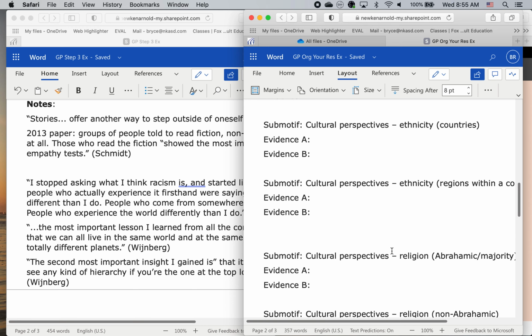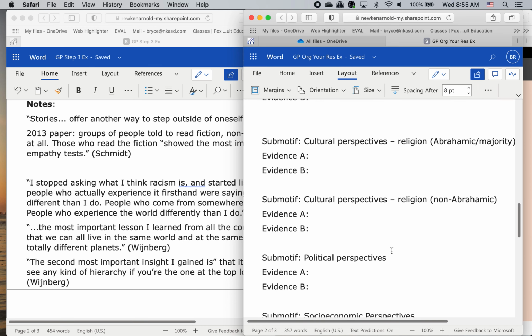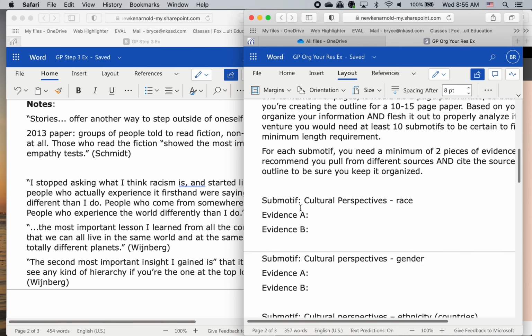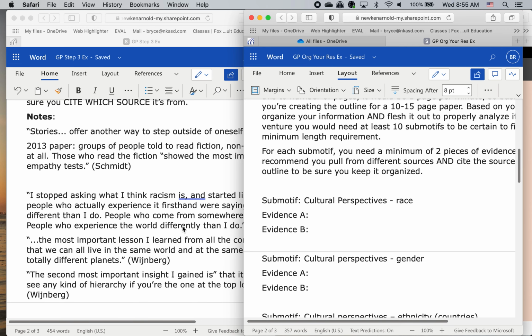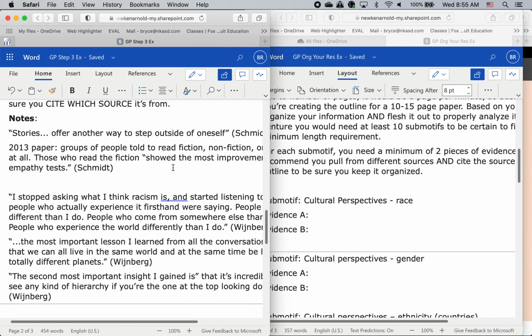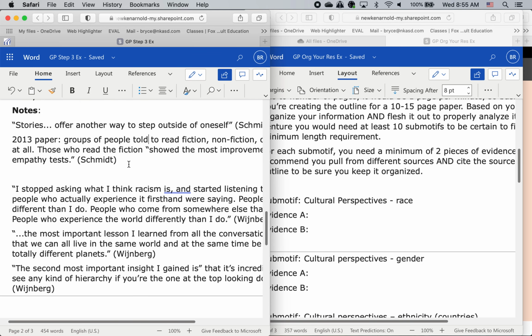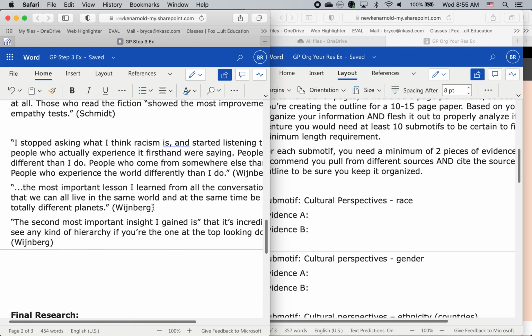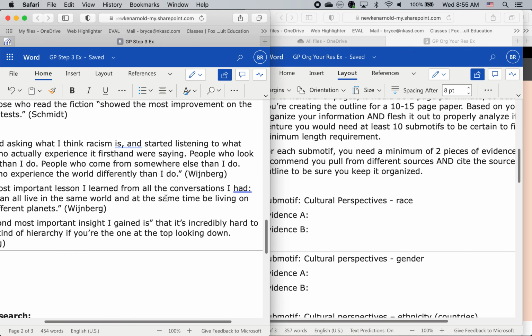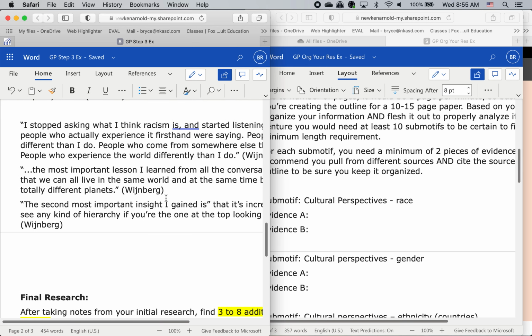But this is my brainstorming or my rough draft. As I start to incorporate my evidence into this, I might realize I can break things down a little bit more. So when I look at the notes that I have already, the first two are more about empathy in general. Because they're not specific to my submotifs, I could take that and apply that to anywhere. Okay, but whereas this particular, my second source, I have this that is specific to race. So this is definitely going to be